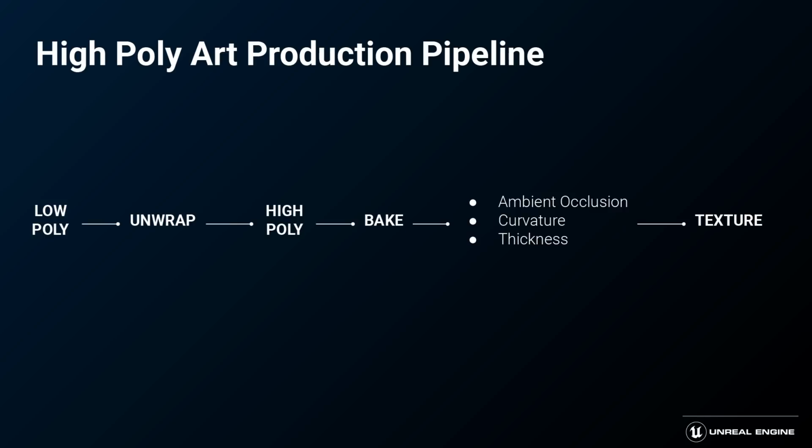But the real benefit of this pipeline is that you're no longer wasting time generating assets that you aren't ever going to actually use. So with our previous pipeline, we were spending a huge amount of time generating this high poly asset that we then only use for a bake and then have to discard. Now we can directly use the high poly asset, and the low poly just becomes the base that we eventually develop into the final asset.